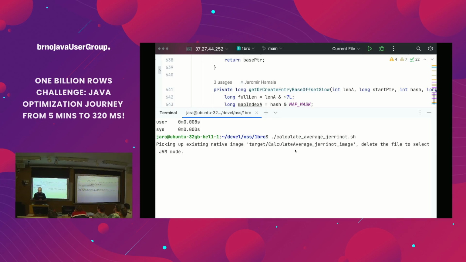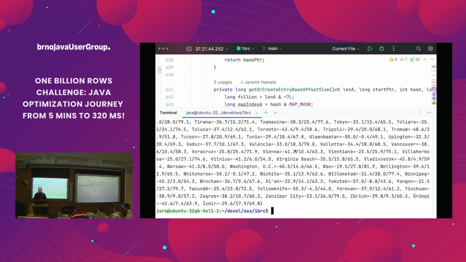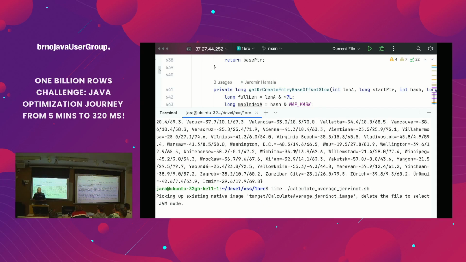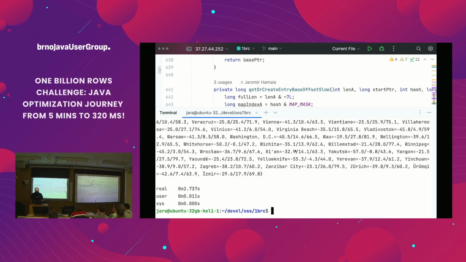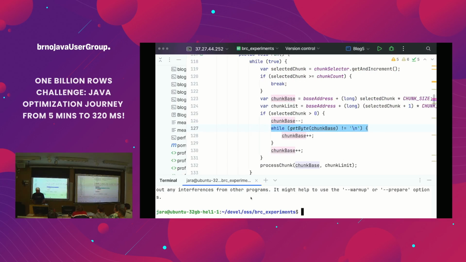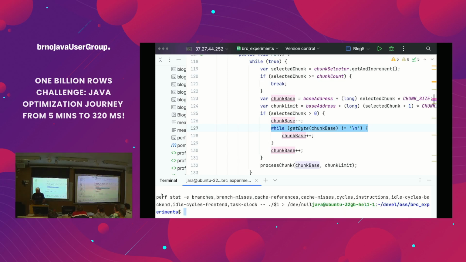So I can try to run this. The first execution will likely be slow. Okay, it's using GraalVM native, and the execution was 2.7, and before it was 3.2, so it's a bit faster. And if I run this with perf, I don't remember the syntax, so let's do this.